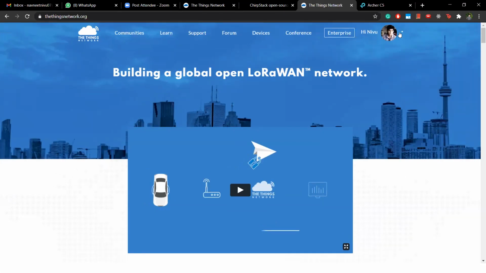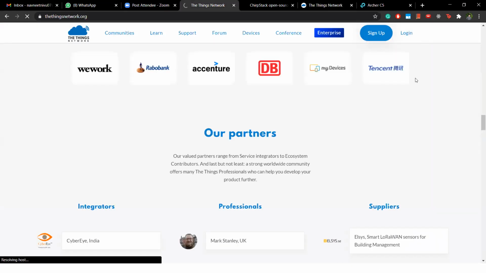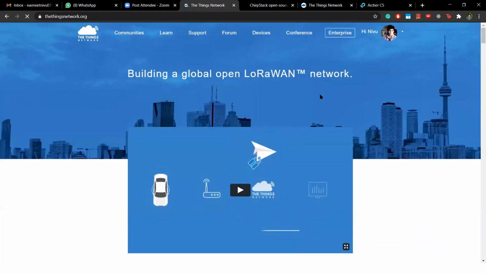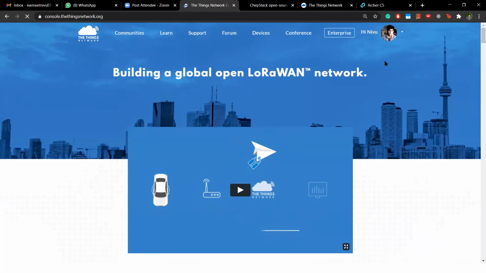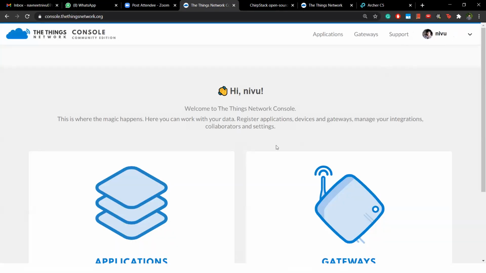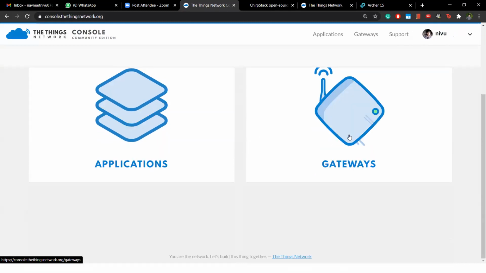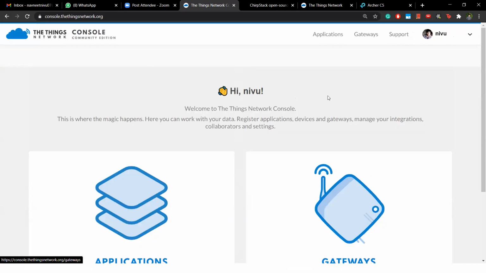Okay, so in TTN you can go here and you can sign up. Generally here you will have a login option. So once you give login, you will be asked for sign up. Because I'm already signed up, I'm going to my console. Here in this console, you can add gateway or you can add devices. Mostly you will not be adding a gateway, because this Raspberry Pi costs around 3,000 rupees and this gateway is around 10,000 rupees. So if you want to set up your own gateway, it will be around 15,000 rupees the total cost. But a node you can buy for 1,000 or 1,500 rupees, as cheap as it's available on Amazon or other platforms.